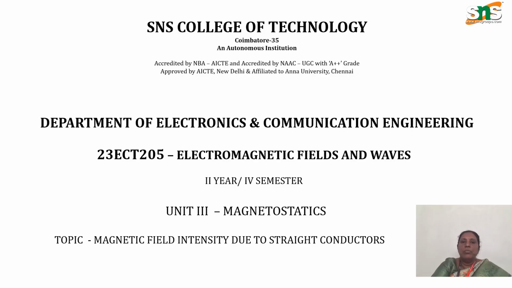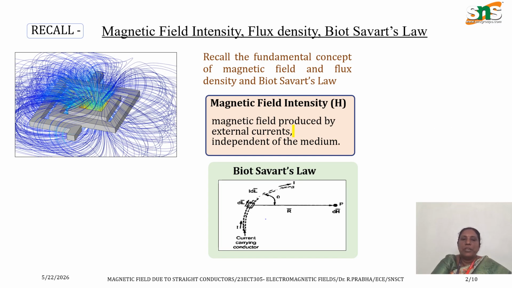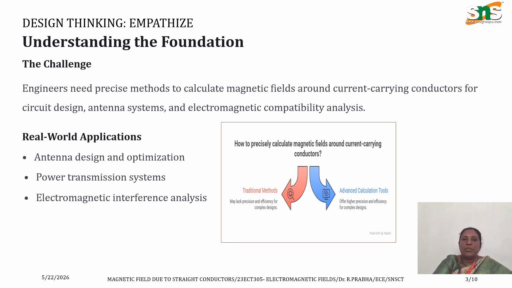In this video, we are going to discuss the topic of magnetic field intensity due to straight conductors for the course Electromagnetic Fields and Waves. In the last video, we discussed Biot-Savart's law, magnetic field intensity and also the flux density. Today, we are going to discuss how to calculate the magnetic field strength using Biot-Savart's law for a straight